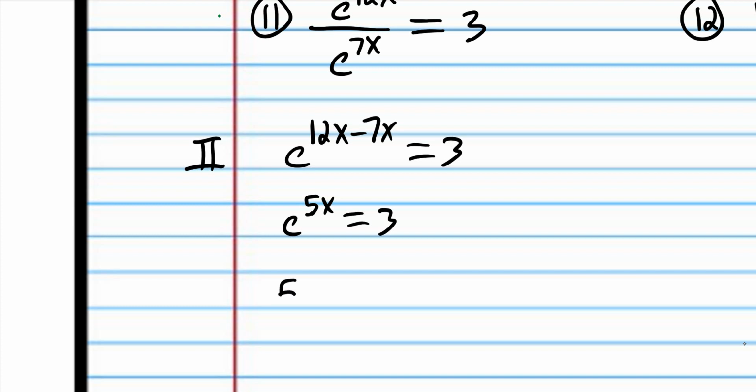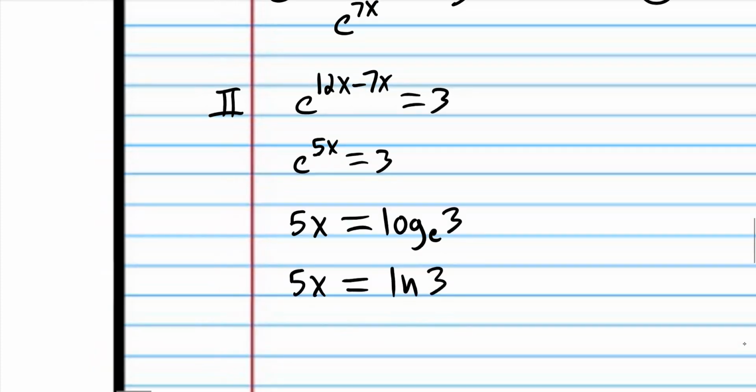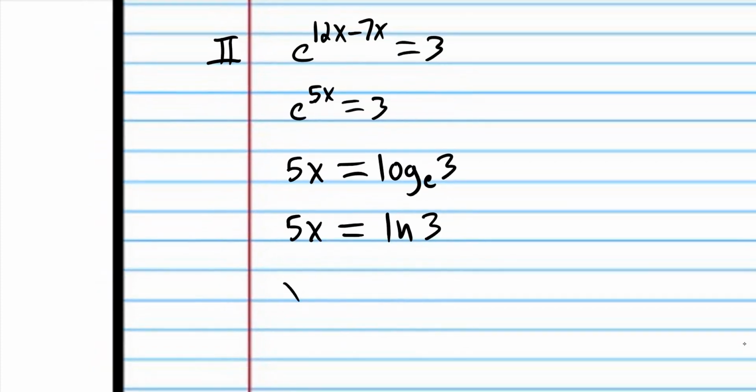So what do we tell the calculator? We tell the calculator to find log base e of 3. The problem is your calculator uses abbreviated notation for log base e of 3. It uses ln 3. So now we just divide both sides by 5, and we get ln 3 over 5. That's really the final answer, but